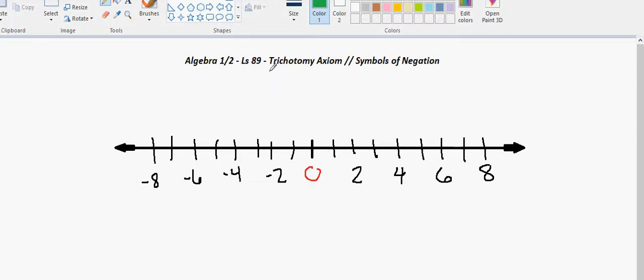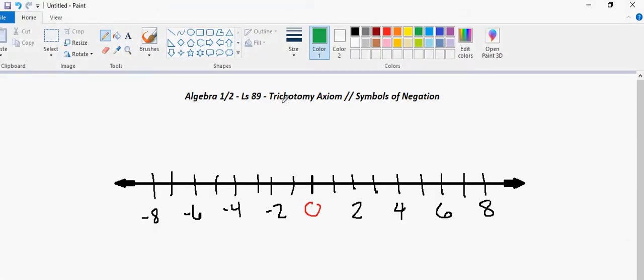Well, Lesson 89 has a couple funny names. Trichotomy axiom and symbols of negation. Sounds like alien speak. It's not too bad. We'll be okay. We've discussed how we can compare by using things like less than, equal to, greater than. -4